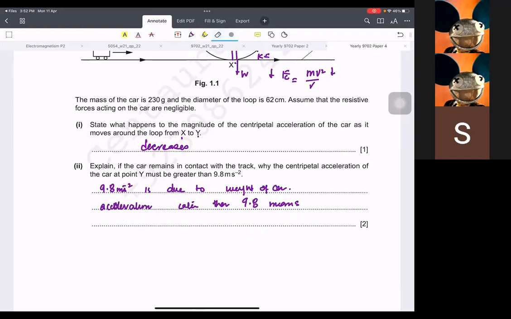Sorry. So instead of that, acceleration greater than this would mean that